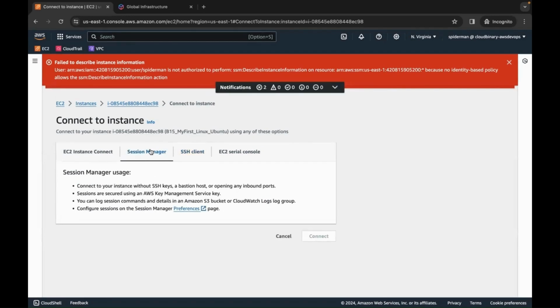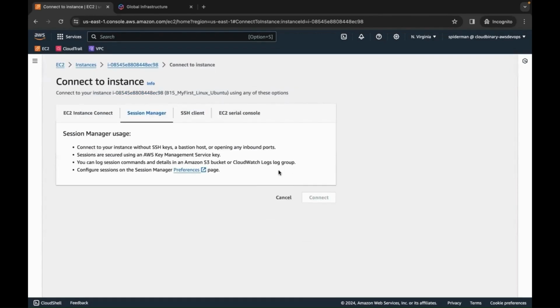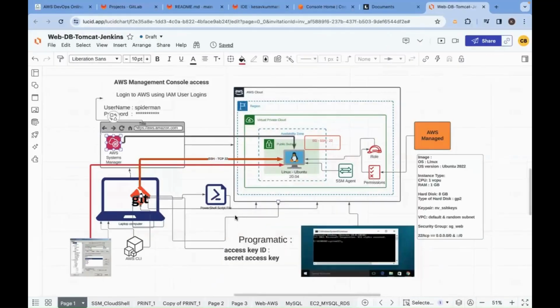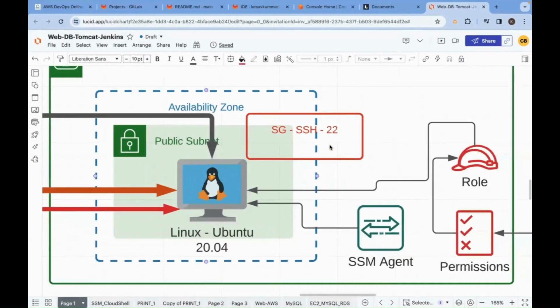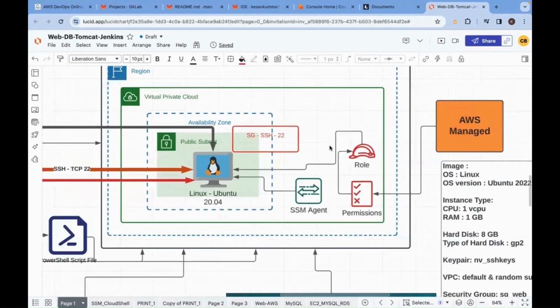In order to enable this button, we have a process. Are you interested to learn about this process? How to enable this button? Once it is enabled, you can connect to it. Perfect. So for that, what you're supposed to do is, step number 1, you need to create a role in